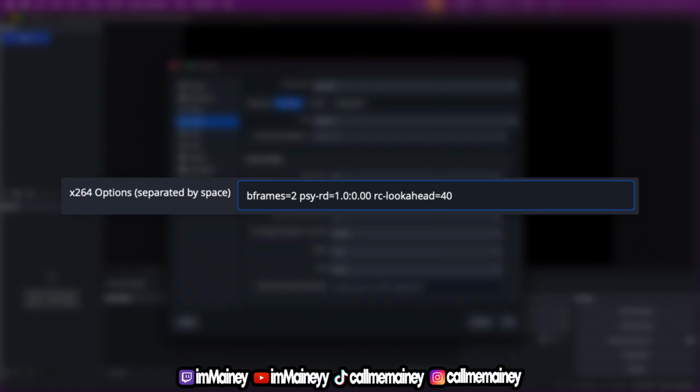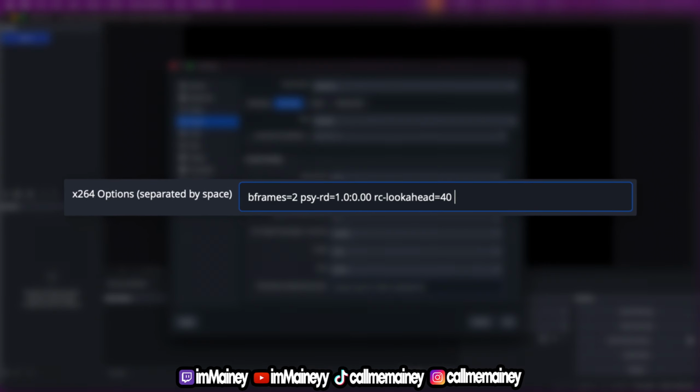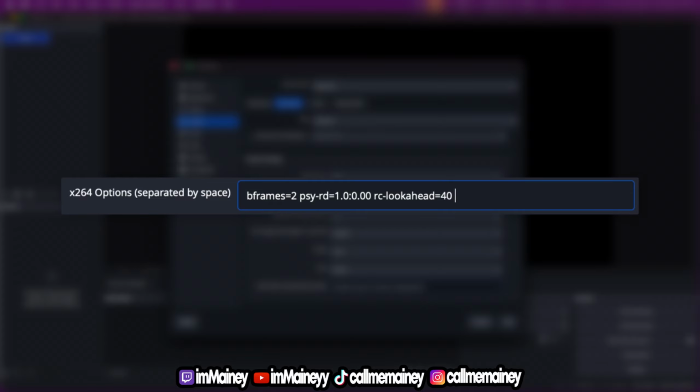So why 40? The default that we use, very fast, over here, that preset is actually much lower, around 10 to 20. By bumping it to 40, you're giving the B frames, the ones that we just discussed, way more information to work with. The more frames the encoder can see, the more accurately it can place those B frames to save space while